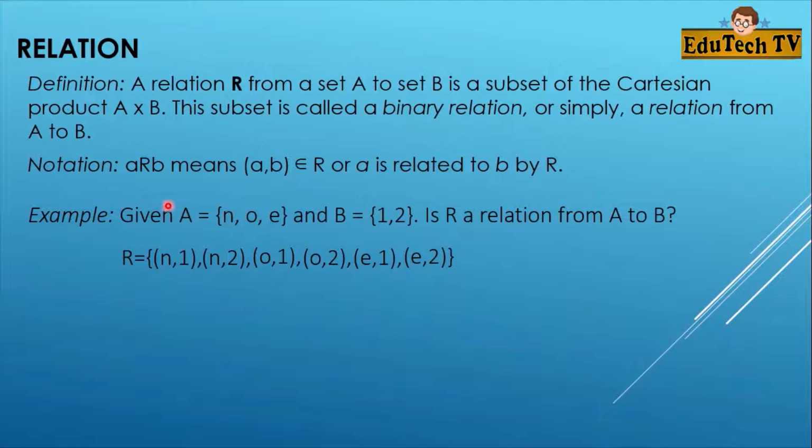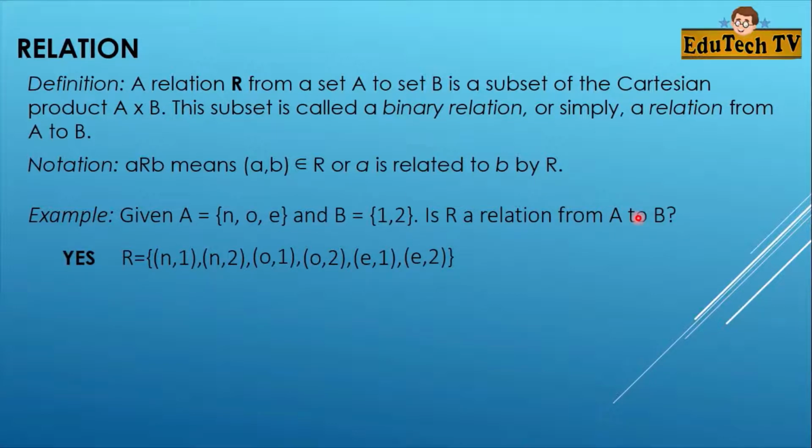We have from A to B, meaning we'll have N first going to 1, so we have N1, so N1 is correct. We have also N2, so we have also N2, O1, we have also O1, O2, E1, and then E2. Since all these ordered pairs are elements of A times B, then it is a relation